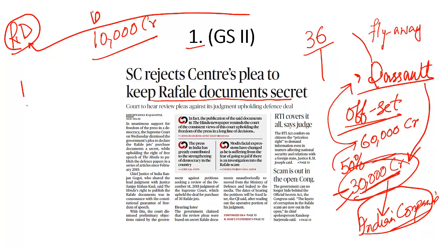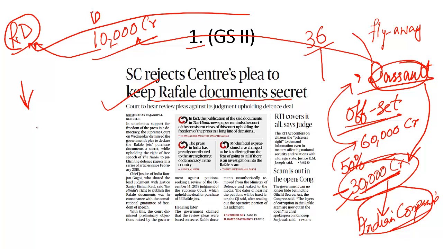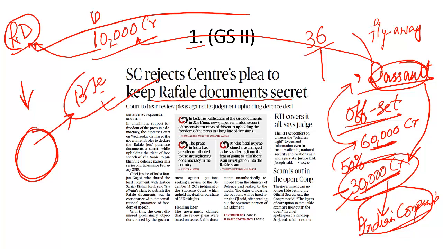That means Reliance Defense will not manufacture the Rafale jet itself, but maybe Dassault will give a contract worth 10,000 crore to Reliance Defense so that it can manufacture equipment, and this equipment can be used in Rafale's business jets. That means under this offset clause, 30,000 crore worth of contracts should be given by Dassault to Indian companies.